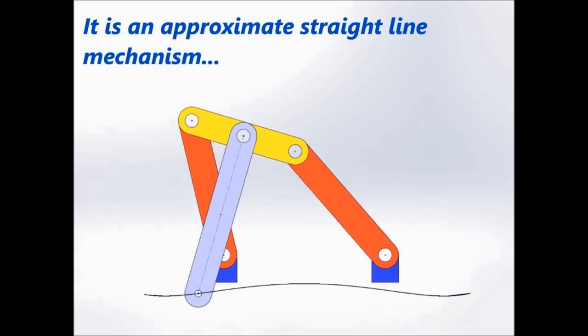Now here again the condition is this: the vertical rod is supposed to be fixed at the center of this link. This should be fixed at the center of this link, and this red link 1, red link 2, and this one all should be of the